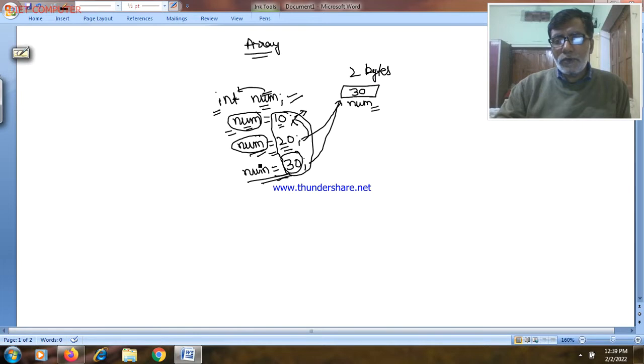First task of using a variable is to declare the variable. As I have taught that there are 4 steps involved that you have to use to solve any given problem, and the first step is variable declaration. Hence, when you want to use array variable in your program, then you have to declare the array variable first in your program. And to declare the array variable in your program, you have to use the syntax as